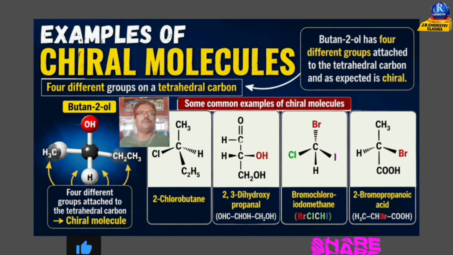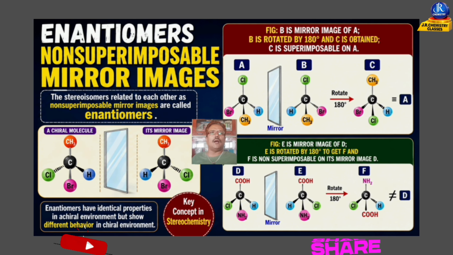Some common examples of chiral molecules are 2-chlorobutane, 2,3-dihydroxypropanol, bromochloroiodomethane, 2-bromopropanoic acid, etc. The stereoisomers related to each other as non-superimposable mirror images are called